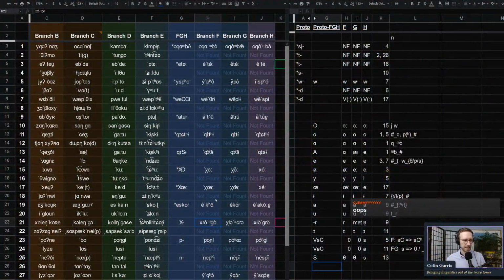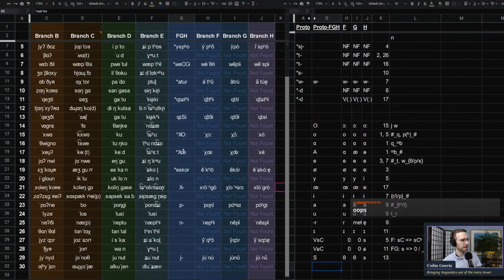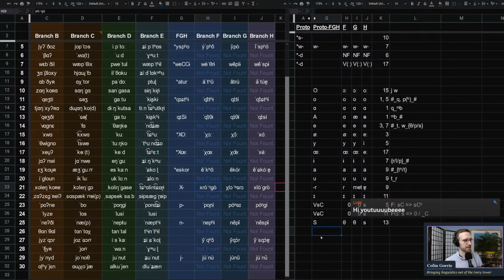All right. So we've got a lot of proto-FGH reconstructed. I think our next step is just to finish the segmental reconstructions, clear up some indeterminacies about the consonants, and then work on the tone. Yeah, can you imagine doing this with Proto-Indo-European? Must have been fun. All right. So then what next? What do we have next?